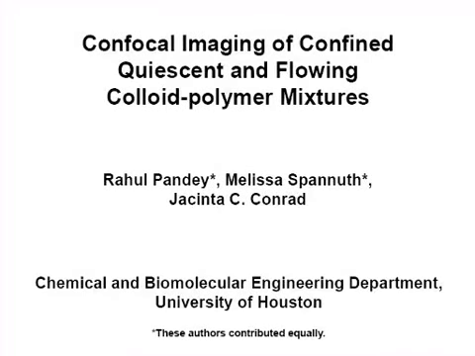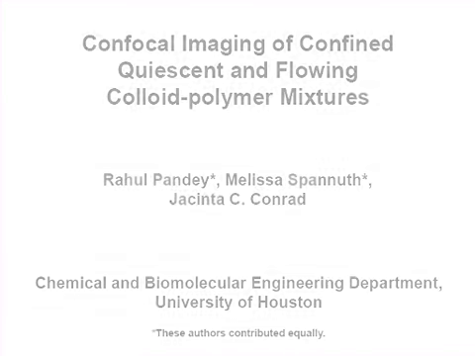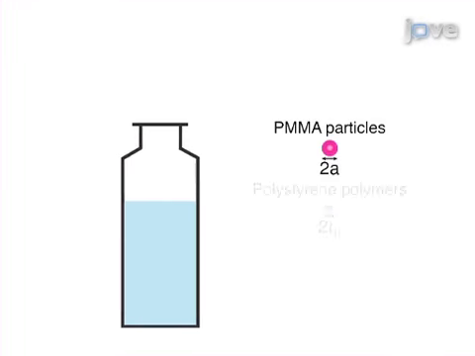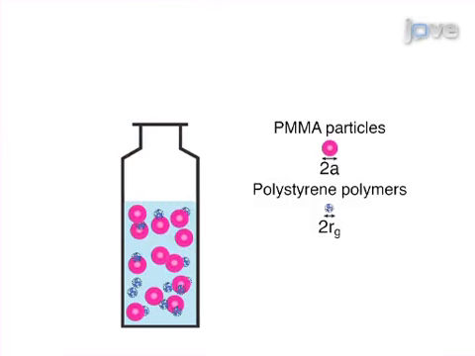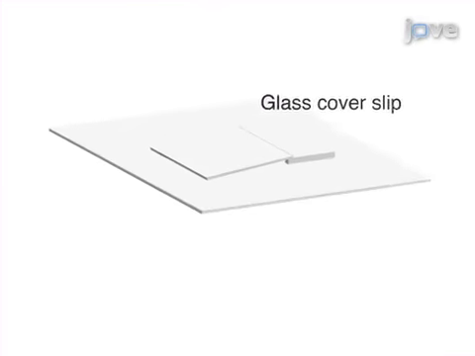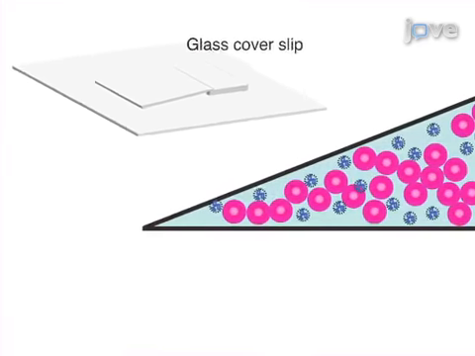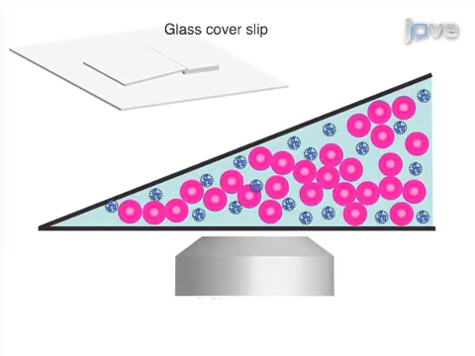The overall goal of the following experiment is to quantify the changes in confined phase behavior and transport properties of attractive colloidal suspensions using confocal microscopy. This is achieved by formulating colloid-polymer mixtures to model attractive colloidal suspensions. The mixtures are imaged and confined in thin wedge cells to show how confinement modifies the structure, dynamics, and phase